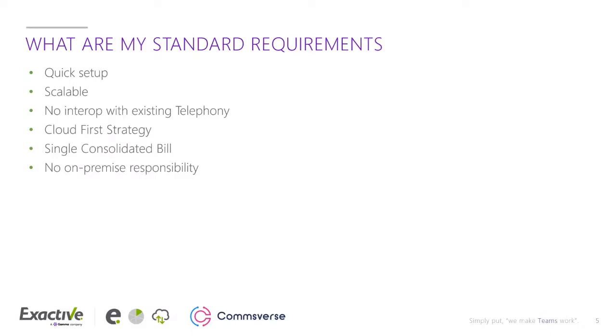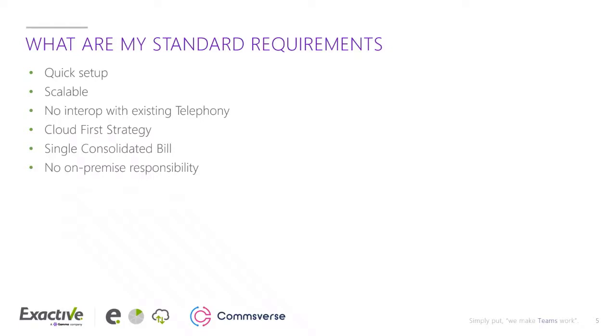And again, I don't want any on-premise responsibility. To go along with the cloud first strategy, what I mean by on-premise responsibility is, depending on the size of the organisation, if you had a Skype for Business estate, you would have been responsible for Windows updates, Skype for Business cumulative updates, internal certificates and public certificates. Quite a lot of things to consider there. And on your SBCs, you would have been responsible for firmware updates and certificates, all within your control and remit. You would have had to take care of them in one way, shape or form.